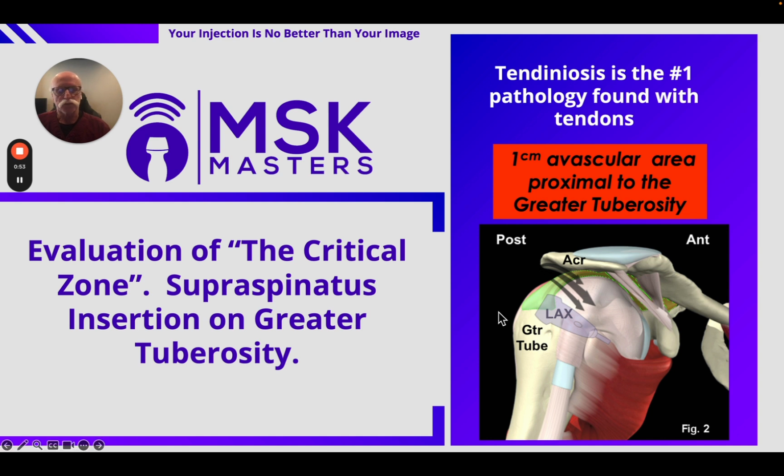And so there you can see on the graphic there, it's a long axis, obliquely long axis probe placement on the greater tuberosity. It is a 1 centimeter wide avascular area, which makes it more prone to have problems like this. So just really quickly here, going to show you a normal image, and then we'll move on to the